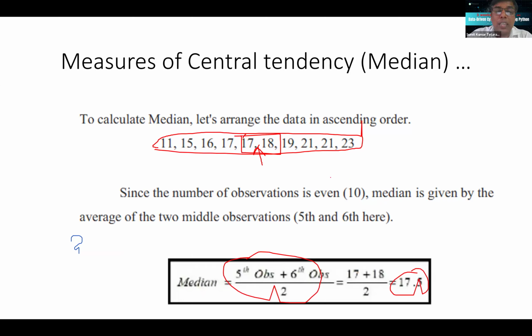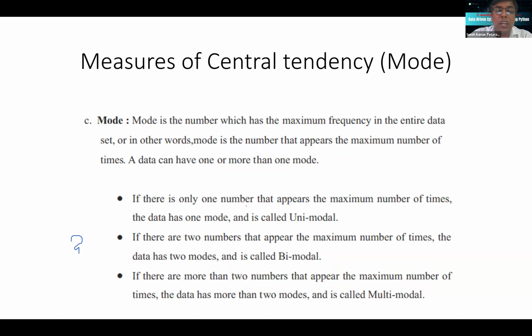Now, if you see that the frequency of your data set is too high, then you can go for mode. In mode, it tells how many values are repeatedly repeating in your data, in your column. Suppose it's only one value. If you find that the frequency of one point is very high, then it is unimodal. If it's two, then bimodal. If it's more than one, then multimodal. These three concepts are there, but where you can use these concepts, the problem is this. Suppose in one case you have to describe your data set, the column values,